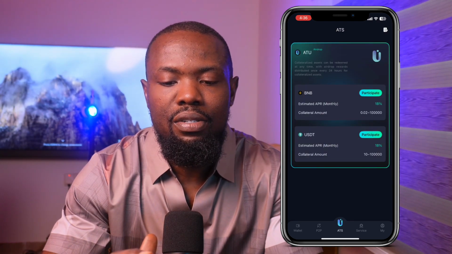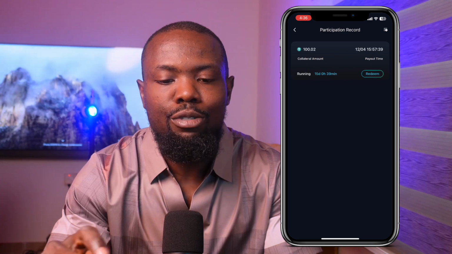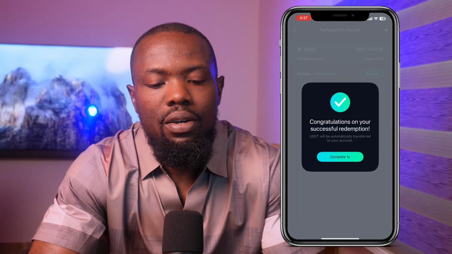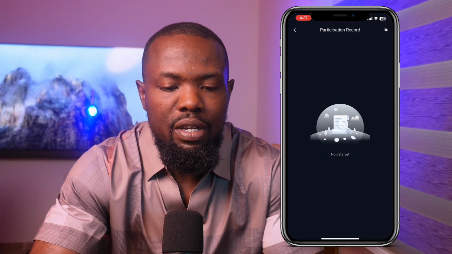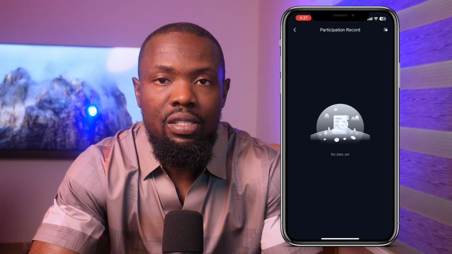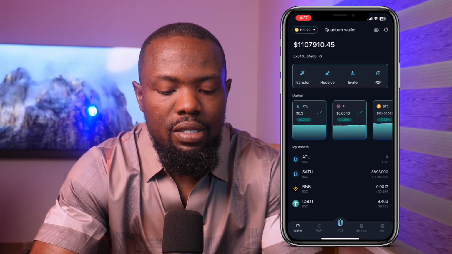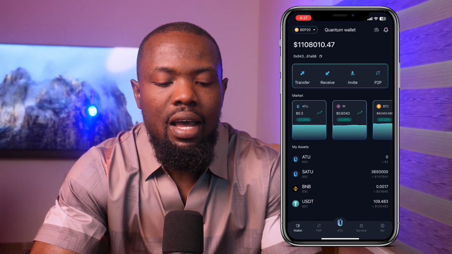I'll click on this button and then I'm just going to click on redeem. I'm going to input my PIN code. So you can see, congratulations, successful redemption. And at the moment I don't have any record of staking, so I'm going to go to my wallet and then you can see that I now have